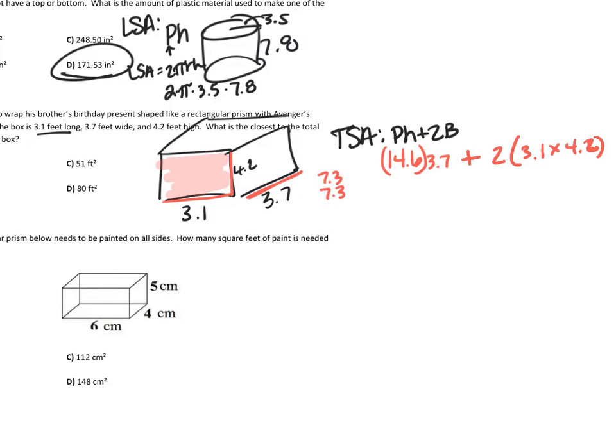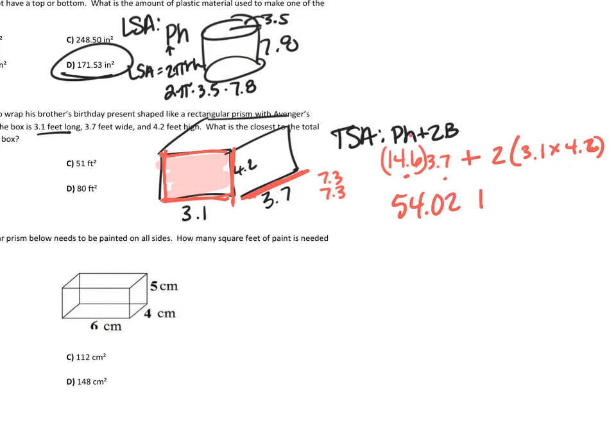So, okay, break this down a little bit. This is the perimeter. I did 3.1, 4.2, 3.1, 4.2, and I added all that together, and that's what I got, this number right here. Yes? Okay. And then I plugged in the height. What's the other number that I did not use? And that's it right there. So 14.6 times 3.7 is